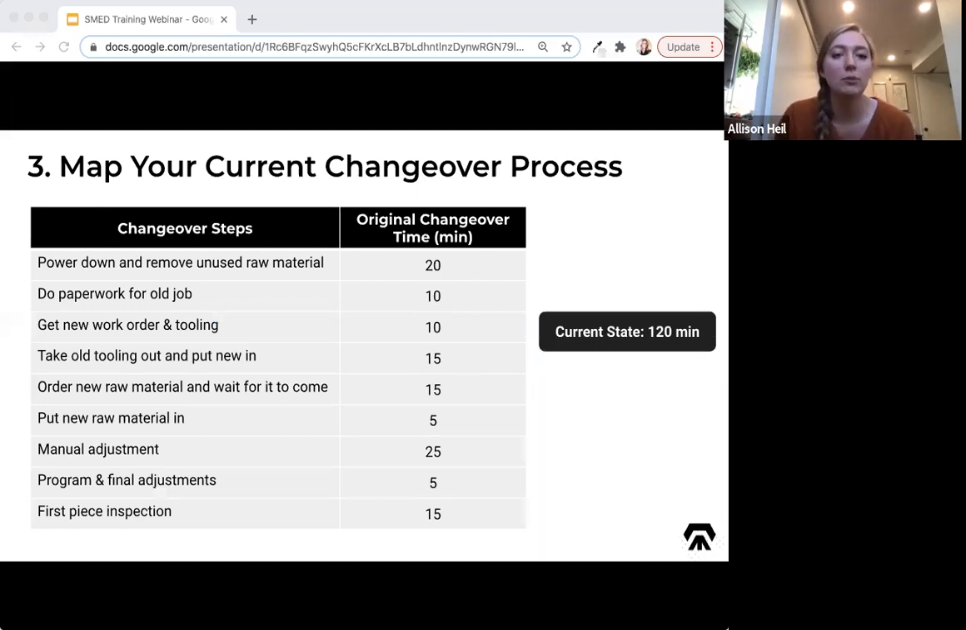Map out your current changeover process. In the remaining slides, we're actually going to be going through an example together to show you how you can run through the process yourself. A changeover is typically measured as the last good part of the previous run to the first good part of the next run. And in between those times, you really want to watch a changeover event with the team, document each step at a high level,